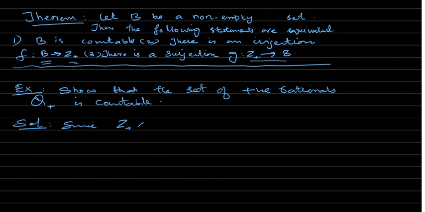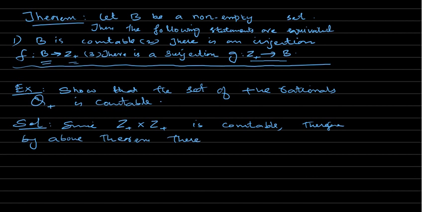Okay. So since Z plus cross Z plus is countable, therefore by the above theorem, there is a surjection, say let's take it f, from Z plus to the set, which is here Z plus cross Z plus. Okay, now we define